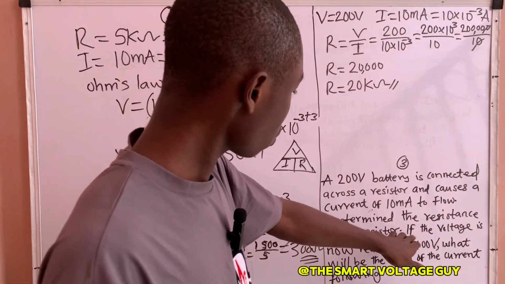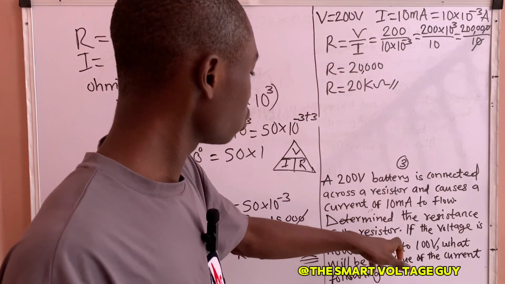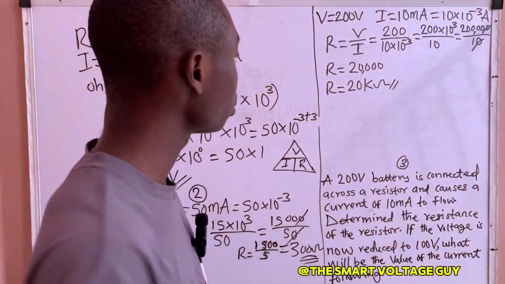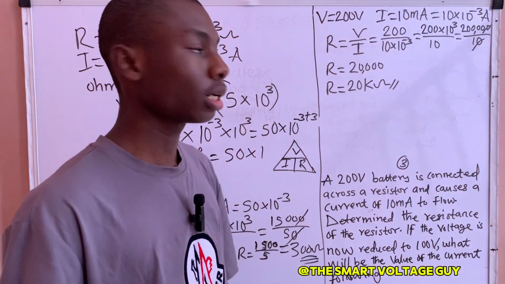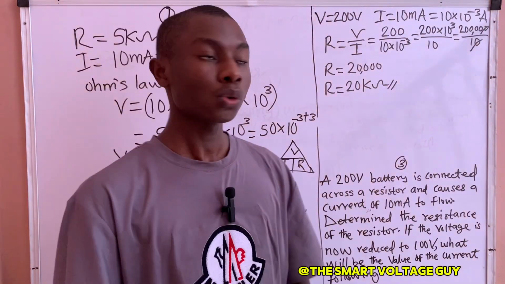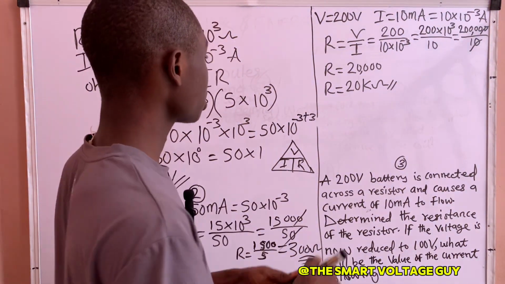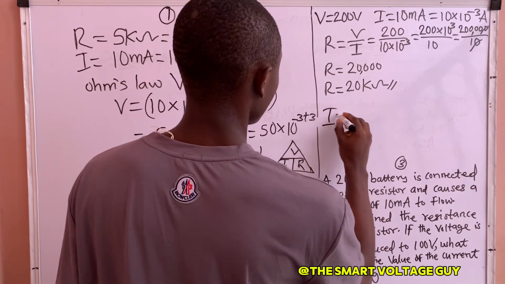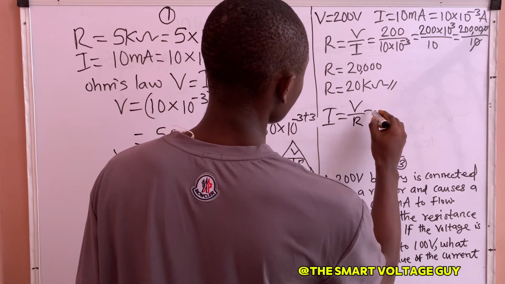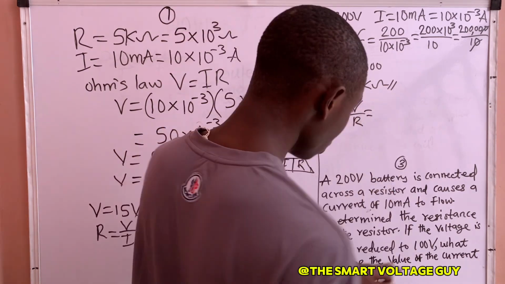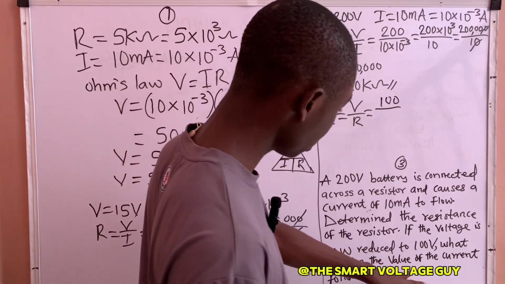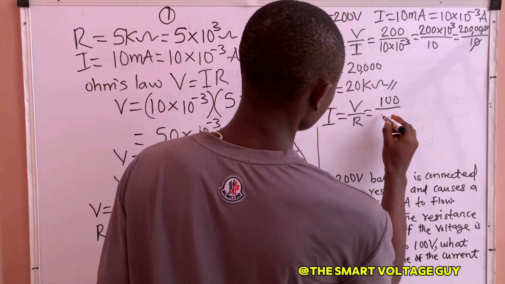So now, also we are told that if the voltage is now reduced to 100 volts, what will be the new value of the current flowing? We are told to determine the new value of current that will flow in the circuit if the voltage is now reduced to 100 volts. So the new value of current will be I equals V divided by R. The new value of voltage here is 100, all over the resistance, which is 20,000,